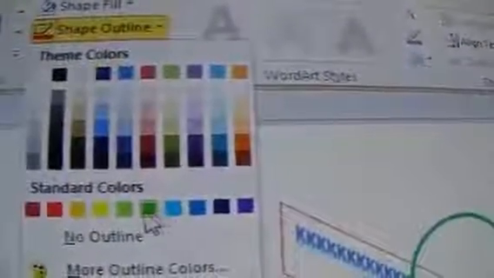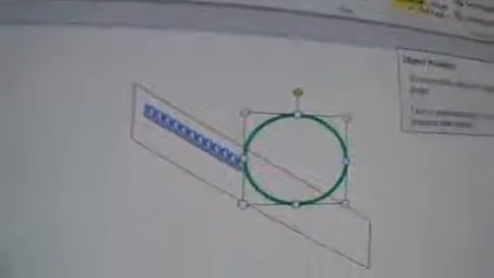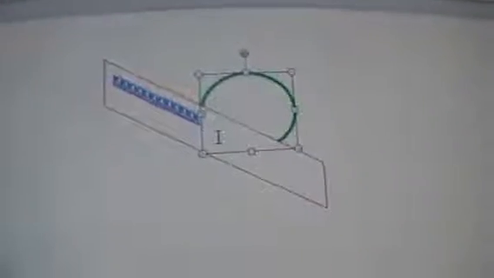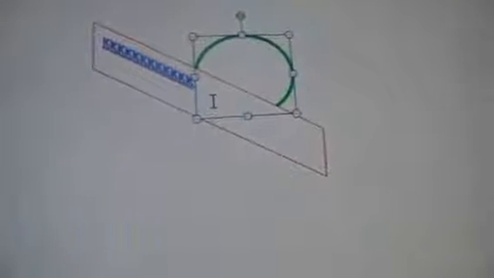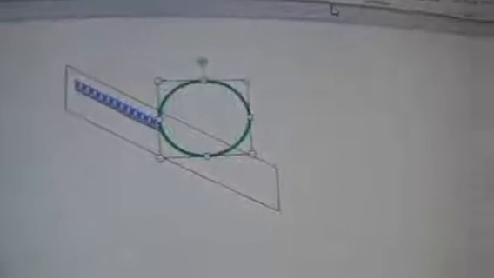Then if you want to change the outline, you can change it to maybe blue, it's already blue, or green, it's up to us. Then we have the position, we have the wrap text, then you have bring forward, send backward, and selection pane. So if I want to send it to back, I'll click that. Then you will see that now our text box is the one in front. No wonder the other part is hidden on the circle. So if I want to bring it forward, I'll just click bring forward. Then it will be on top of that text box.